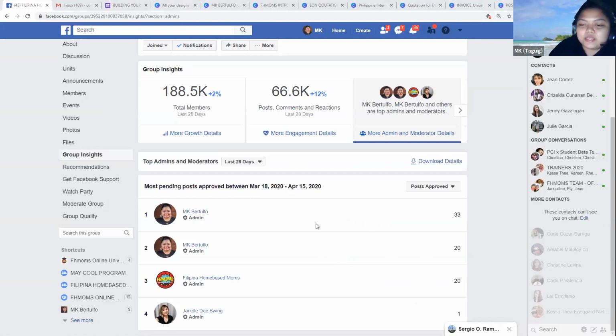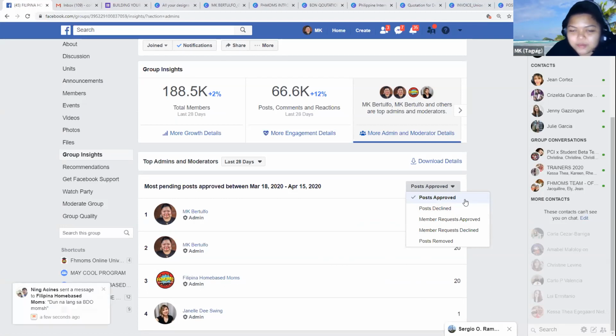This way makikita nyo kung sino yung pinakamasipag, kung nakailang post. So kung interested kayo to know ano yung mga actions na pwede, yung mga tasks na pwede niyong ipagawa sa kanila, ito rin yun. So mag-approve, mag-decline, mag-approve ng request, member request, mag-remove ng post, ganyan.